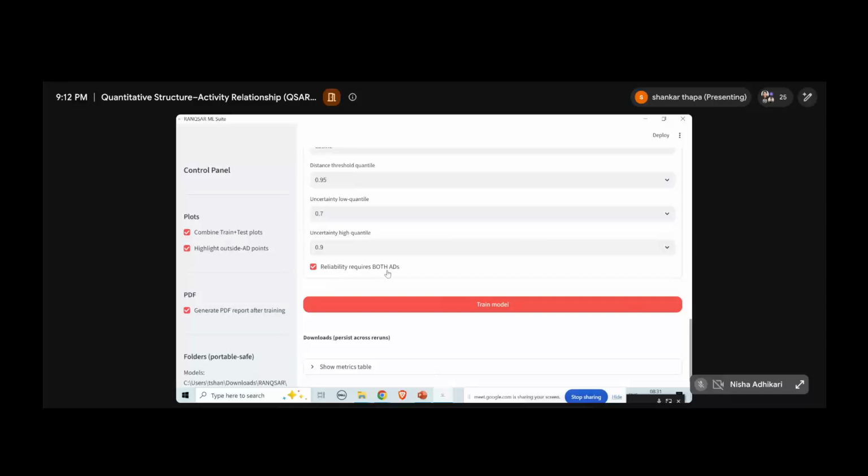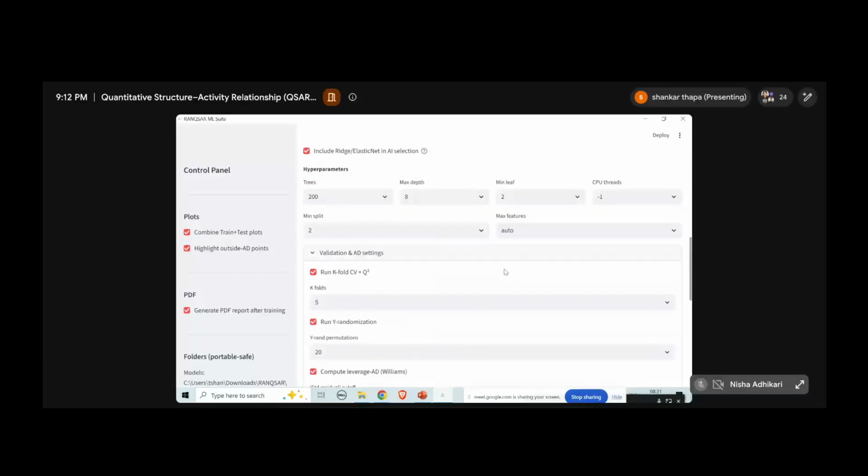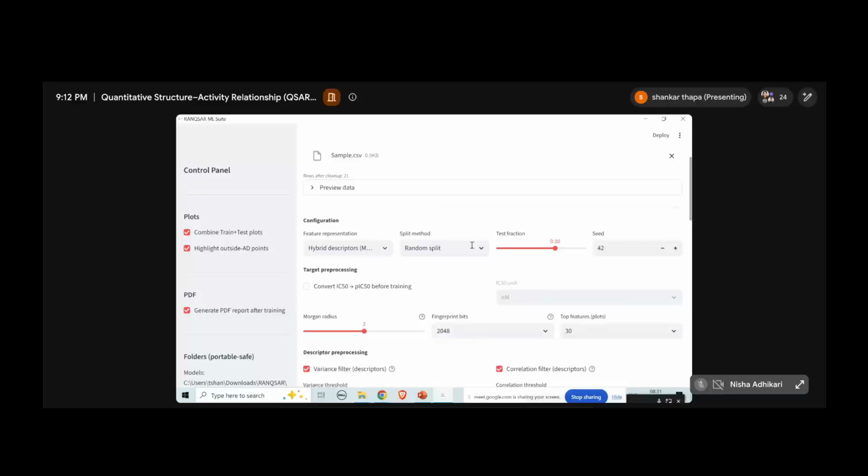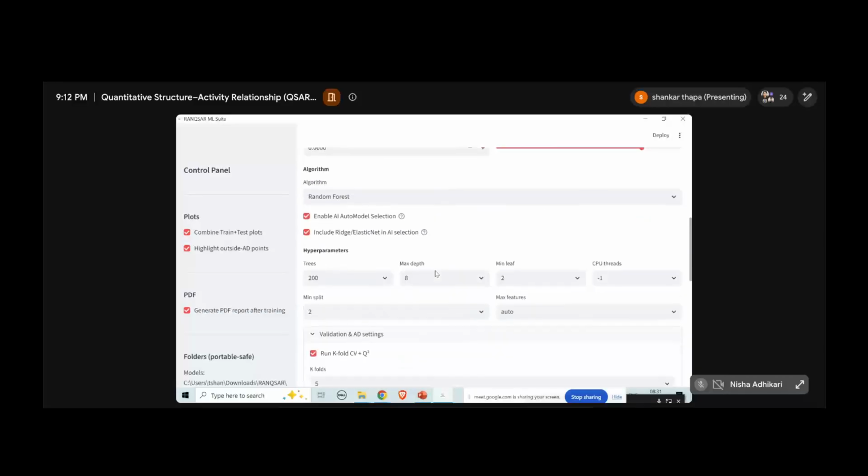And like reliability requires, so check it. And after that you just train the model. So it's that simple. Okay, in one go you can do. So you just upload the data and then select your parameters. Okay, and then